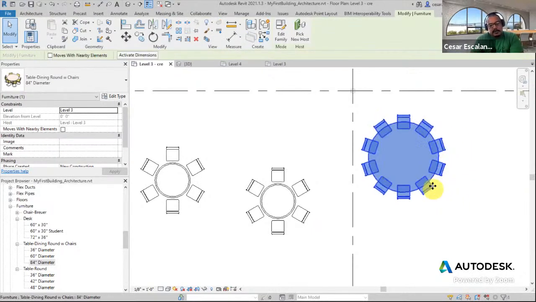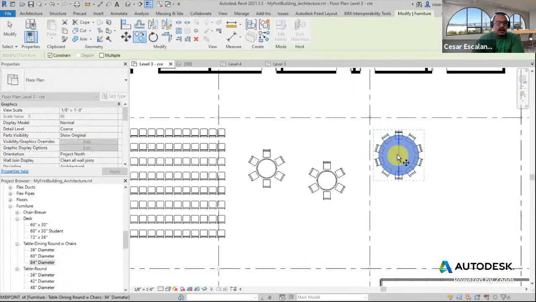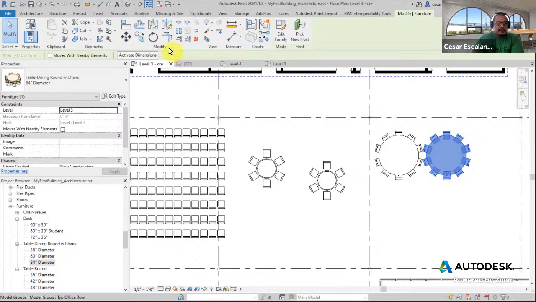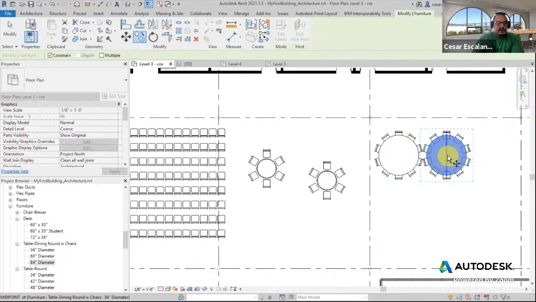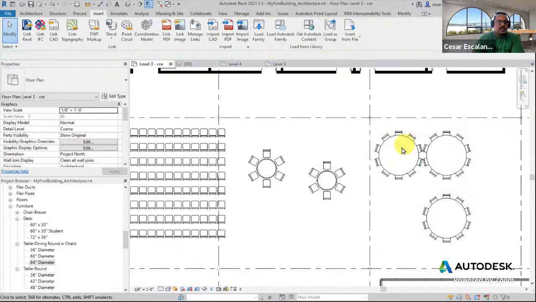It's easy to process, and if I copy this family multiple times, Revit is not going to refresh and regenerate each of these instances because they are consuming the same, just a single